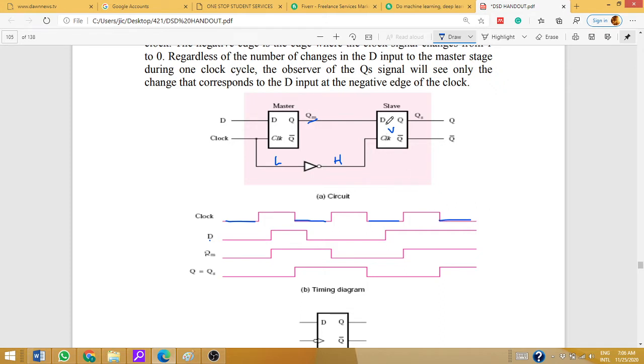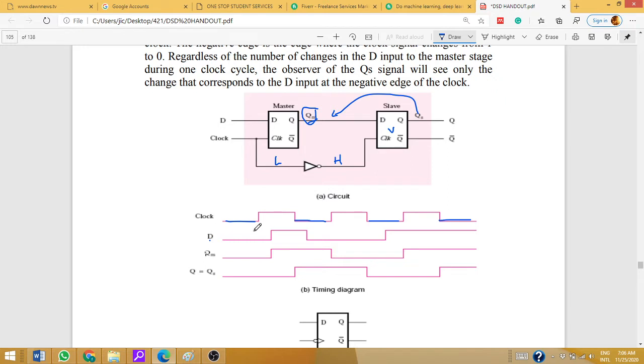Okay, and what is the input of this D latch? This QM is the input now. So we can say this Q, which is also equal to QS, will follow QM when the clock low level is here, because clock low level means high level for the latch. So Q or QS, both are the same thing. The actual output is our Q. We can say Q will follow QM when the clock level is low.